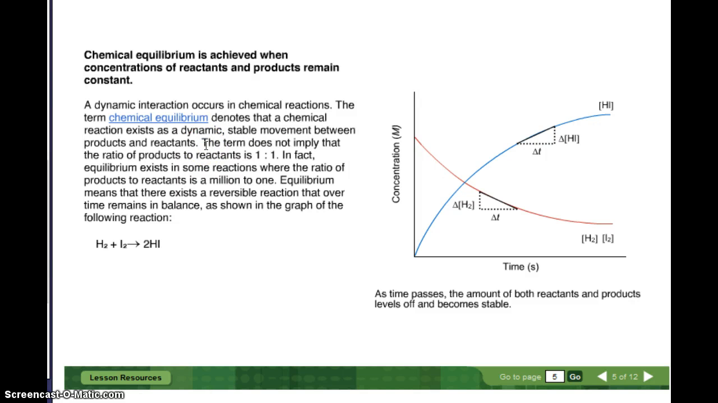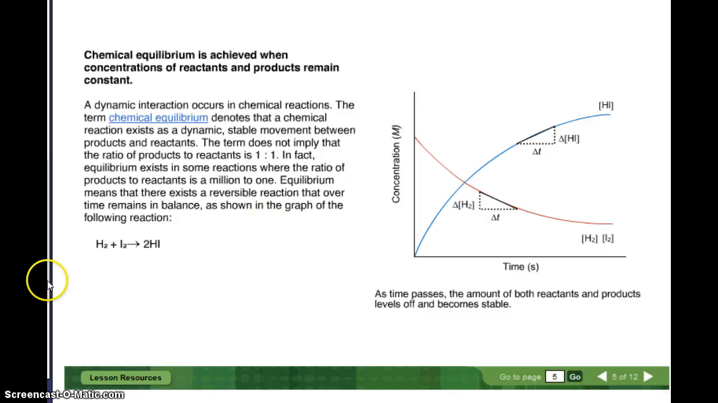The term does not imply that the ratio of products to reactants is 1-to-1, because right, that would be 50-50, 50%, 50%, and the example I've been using is 99 to 1%. In fact, equilibrium exists in some reactions where the ratio of products to reactants is 1,000,000 to 1. Equilibrium means that there exists a reversible reaction that over time remains in balance, as shown in the graph of